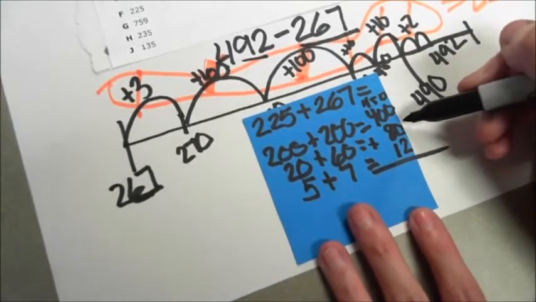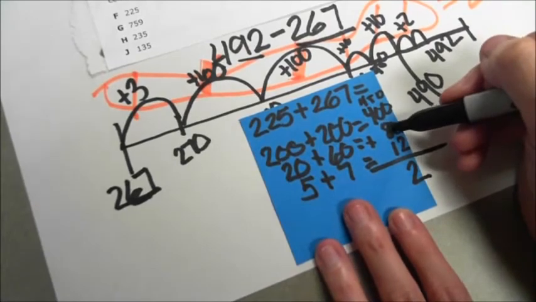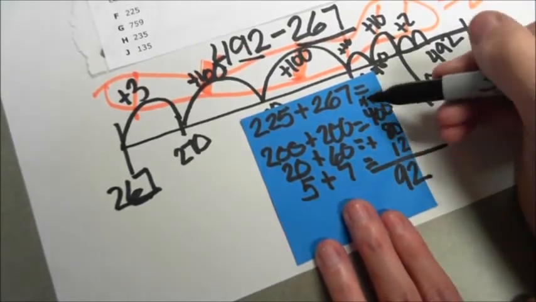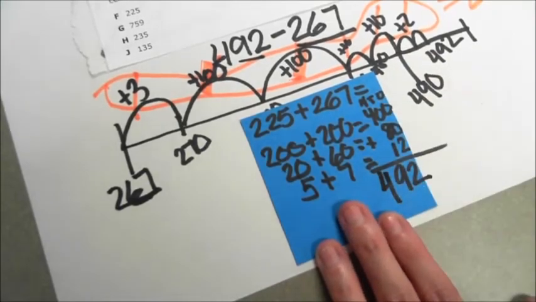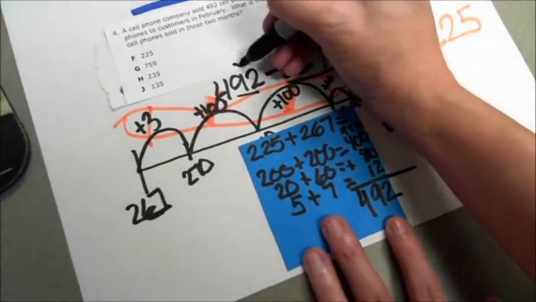So I'm looking in my ones place, and I have 2 ones. I have 8 tens and 1 ten, which gets me 9 tens, and 4 hundreds. So let's see if I was right: 492, and my total was 492, so that tells me